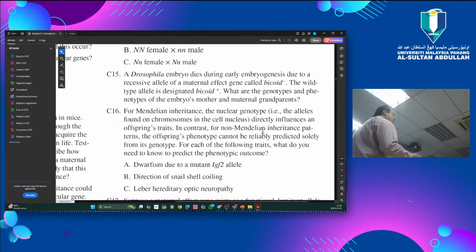Okay, let's try this. A Drosophila embryo dies during early embryogenesis due to a recessive allele of a maternal effect gene called bicoid. The wild type allele is designated bicoid plus. What are the genotypes and phenotypes of the embryo's mother and maternal grandparents? So this is using the information that we know from the offspring. We're going to work it backward to know the possible genotype and phenotype of the mother and also the first generation. So this is the second generation, to know what is the first generation from the